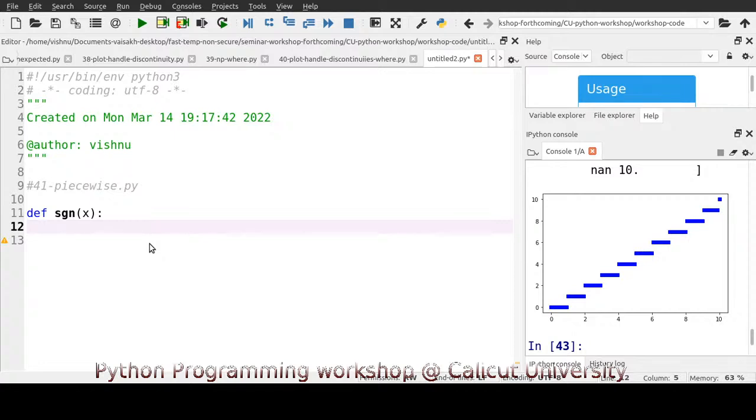So the problem here is basically that SGN of x. Okay, return. So for that I need to import numpy as np, the usual thing. Return np.piecewise. So there is a function called piecewise. So what we are going to return is,